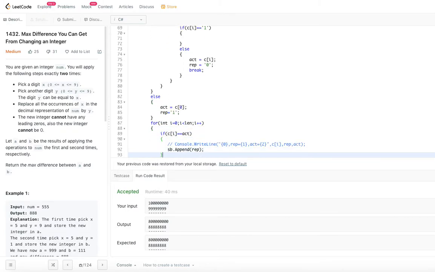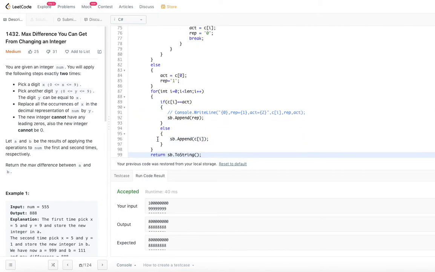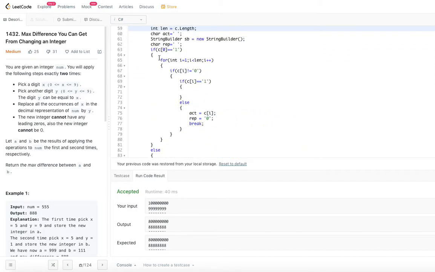I have the for loop down below to do the actual replacement. This is actually doing the replacement, outside the if and else. Once we find the character, we replace it here. Let's go up to when the first character is 1. If the first character is not 1, we simply replace it and all its occurrences.